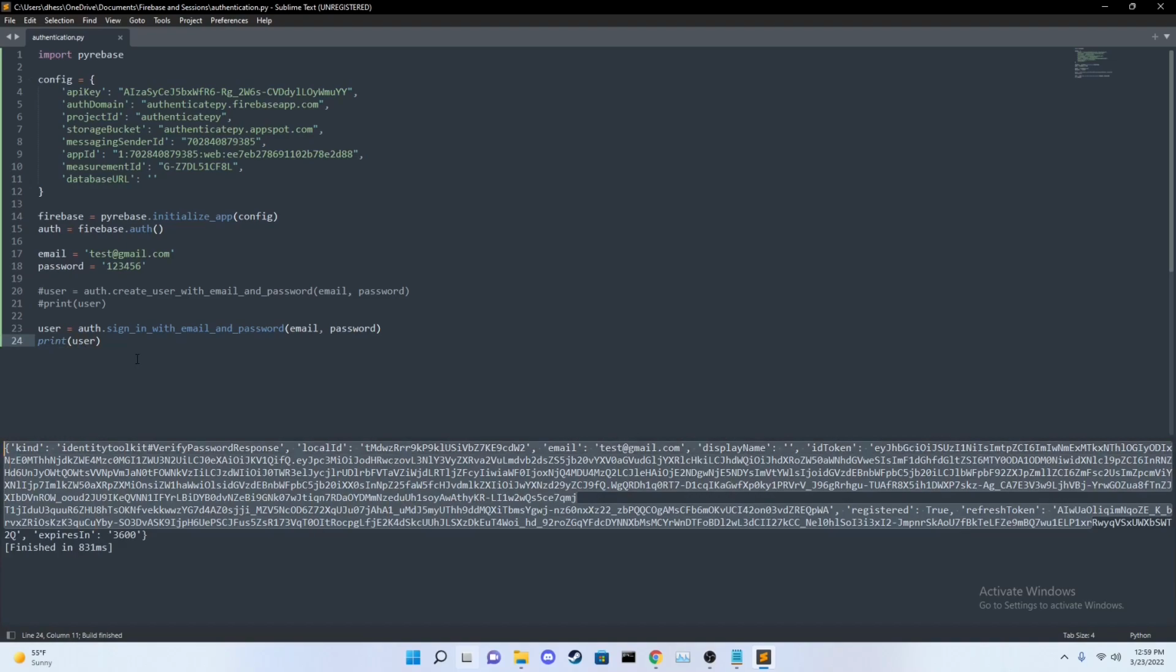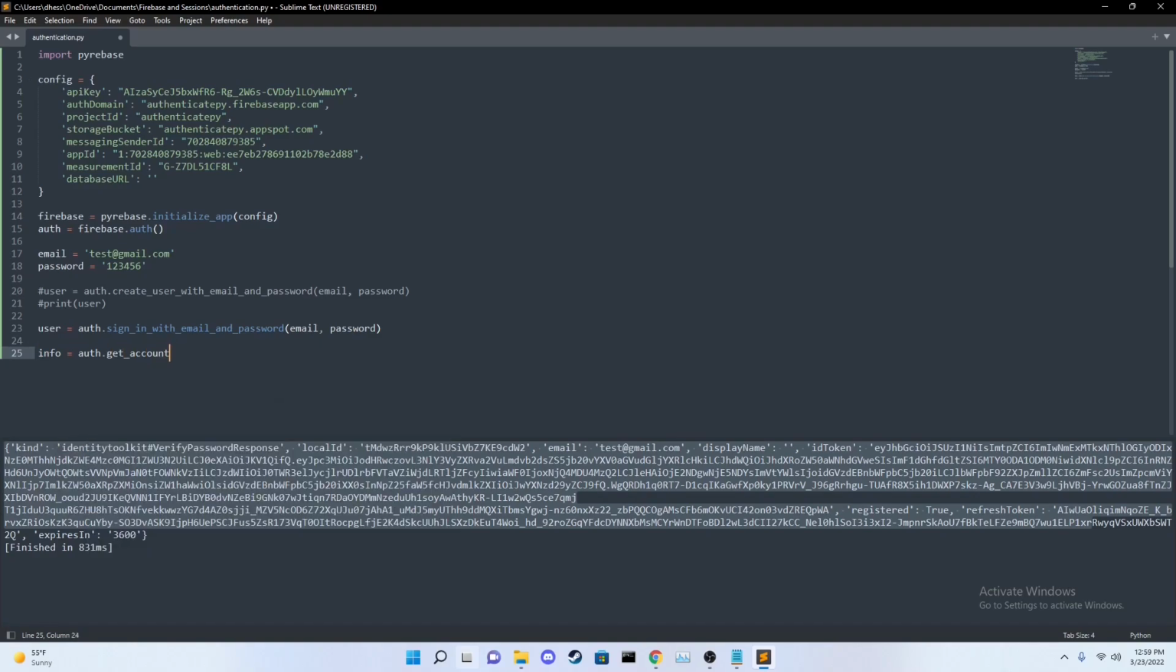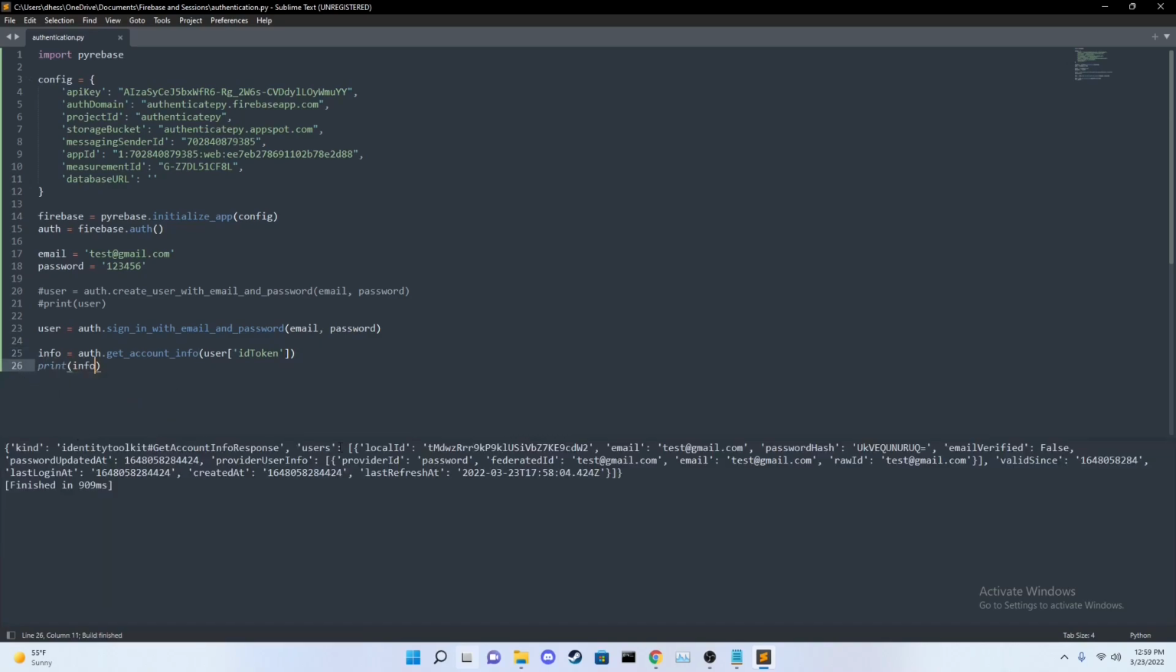All right. But now that we're signed in, we're going to delete this code, but we're going to keep the sign in. And I'm going to show you how to get account information. So info equals auth.get_account_info(user['idToken']), and we're going to print info. Alright, and you see we got a little more specific information like the email, the password hash,